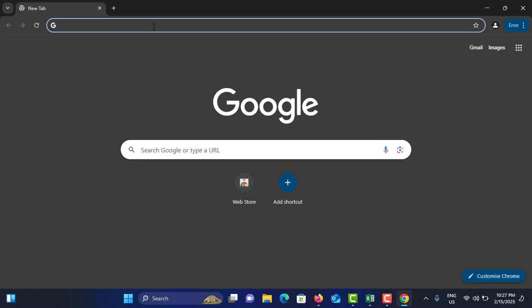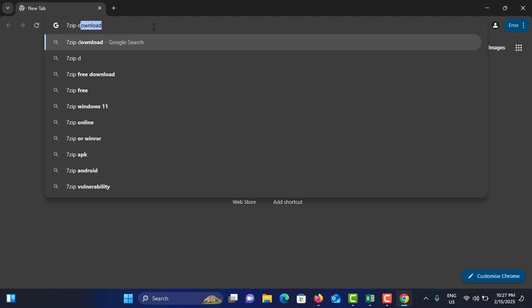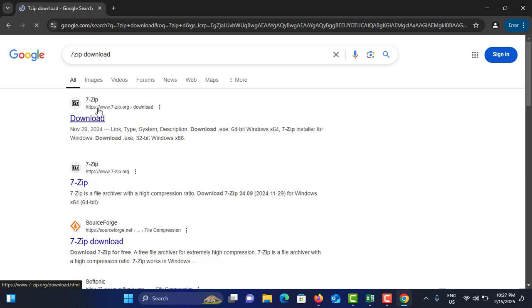Okay, in this address bar, you need to type 7-zip download and hit enter. The first option you can see it's 7-zip website, and you just tap on download,